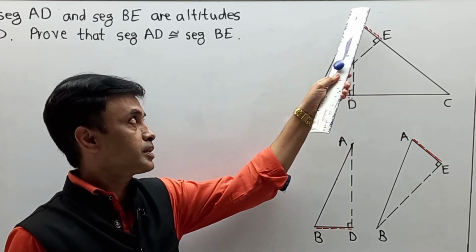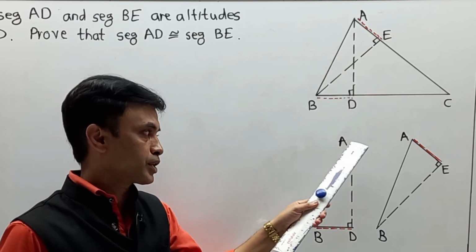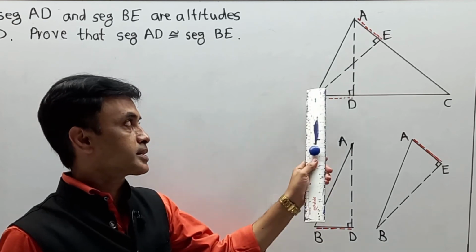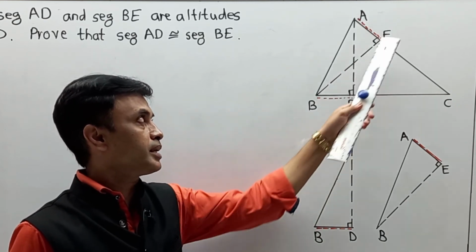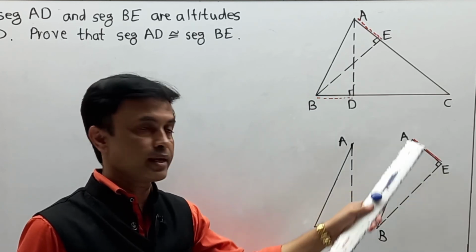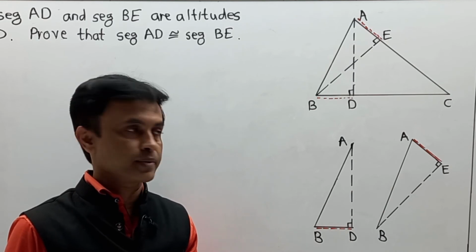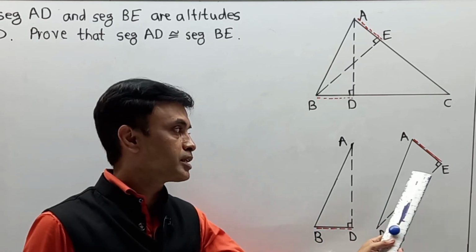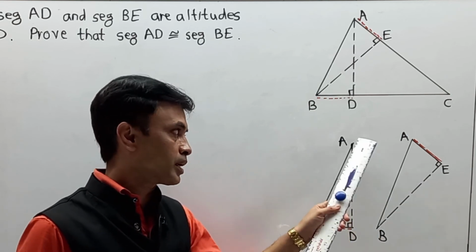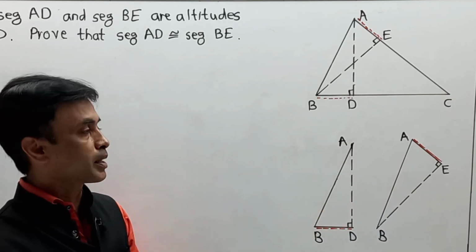I have taken triangle ADB outside over here, ADB. Next BEA, this second triangle BEA. These 2 triangles separate over here so that you can easily understand the part. Now our target is to show that these 2 triangles are congruent. If we show that these 2 triangles are congruent, definitely we can write AD is congruent to BE. That is our required part.